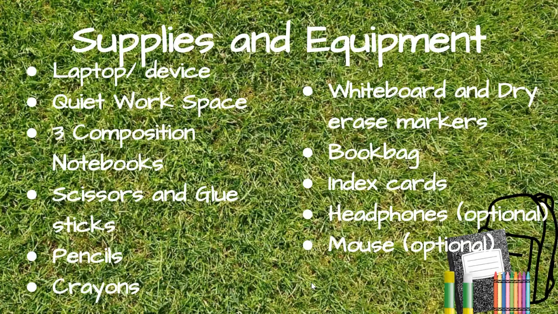As far as organization, we would like for each child to have 3 composition notebooks, and the notebooks will be for reading, writing, and math. To complete different assignments or tasks, it will be helpful for your child to already have some scissors and a glue stick, along with pencils that are sharpened and ready to go for each live session. In addition to the pencils, please make sure your child has crayons that may be needed for independent assignments, as well as a whiteboard, such as the one you see here, and the dry erase marker that comes with it so that they can participate during the live sessions.